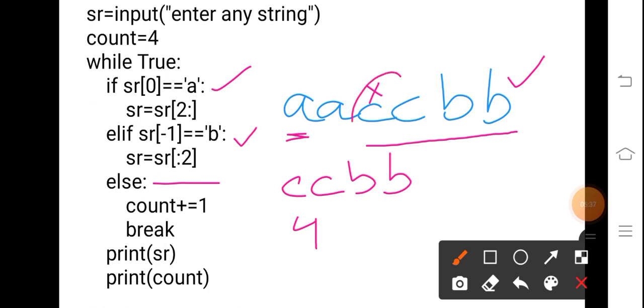So by taking the first two characters, the new value of the string will be CC. So when we print SR inside this loop, it will be printed as CC, and what happens to count? Nothing. So count will be printed as 4. Okay, this is the case when we are taking another type of string.